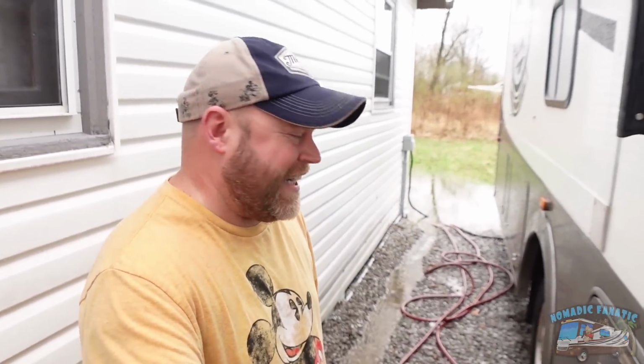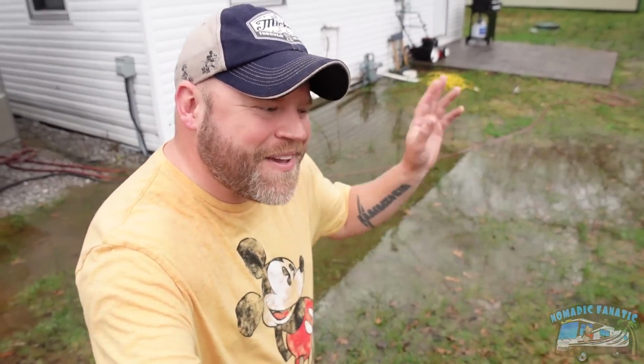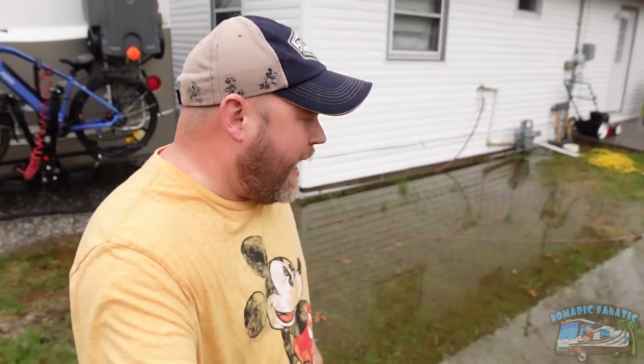So I know I need a better solution to the flooding, but we really can't call it flooding anymore. This is just an everyday occurrence in Illinois. This is no longer flooding. The local river here in my part of Illinois, trying to keep the area kind of secret, but most of you already know where I'm at. Anyway, it has been above flood stage for over two weeks here. And I know it rains a lot this time of year, but